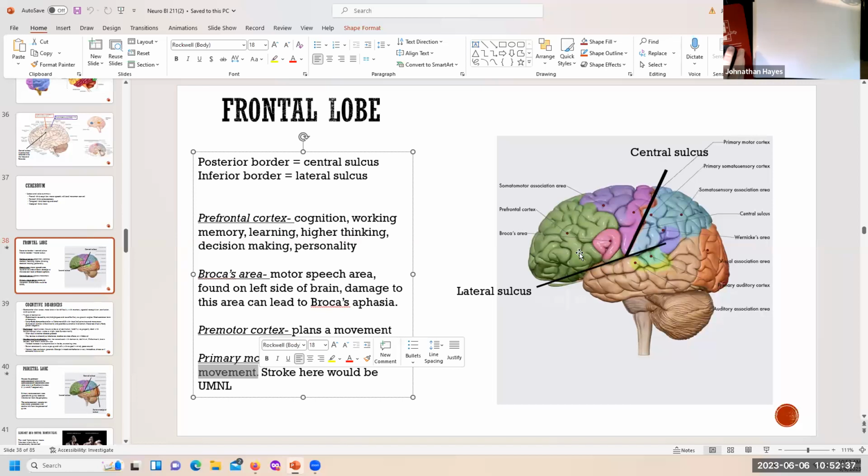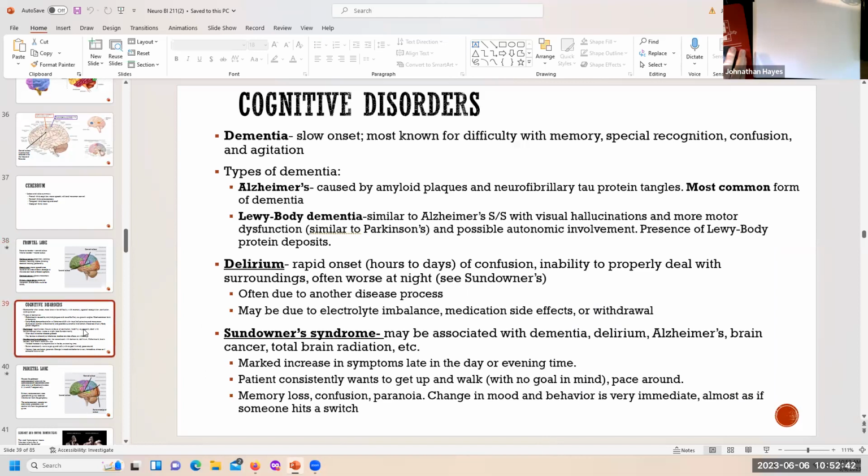This is all that cognition and stuff. So if we have problems in these areas, what can we expect? Right? Maybe loss of movement, maybe cognitive disorders. What if there is